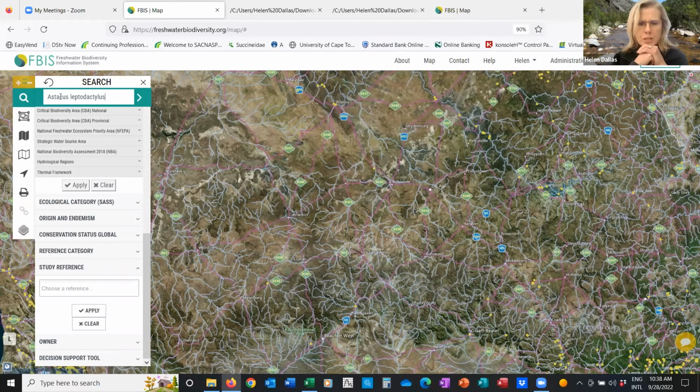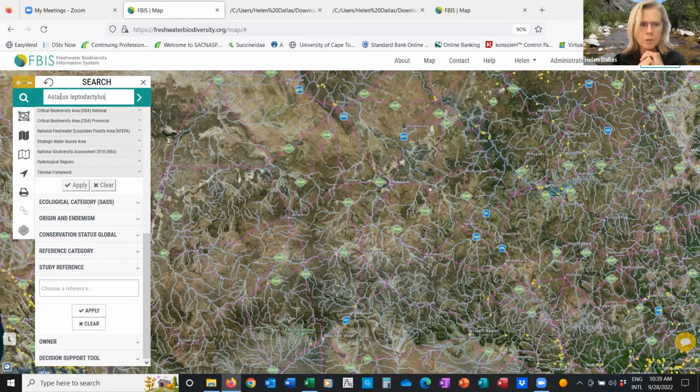FBIS, the FBIS team and the FBIS data, we've tried to be as exhaustive as possible in terms of mobilizing data for the country, but it is by no means all the data that's available. It's a continual work in progress. And that's why this training is so critical, because as the FBIS team, we can't possibly mobilize all the data. So we really do need the community to grab the system and update it with scientifically rigid data that they